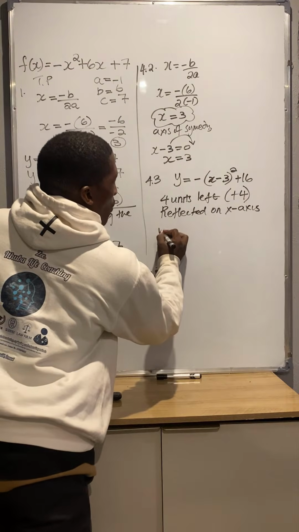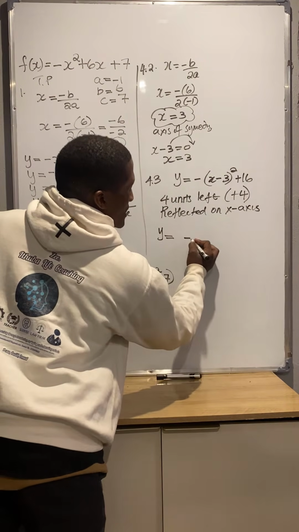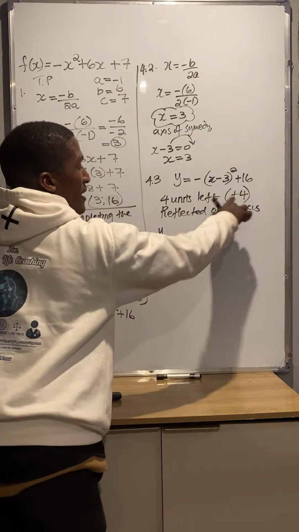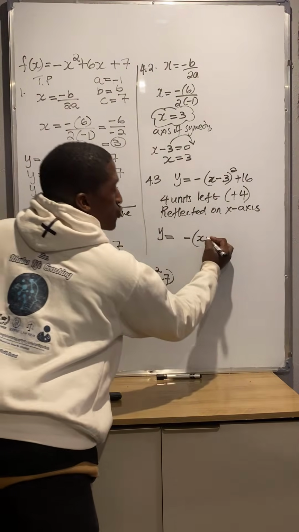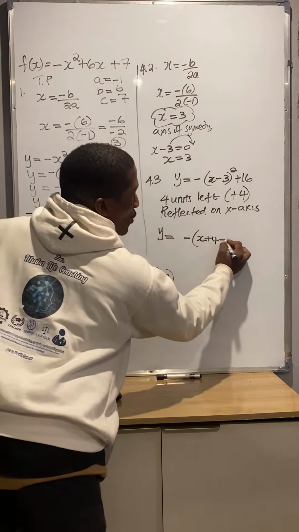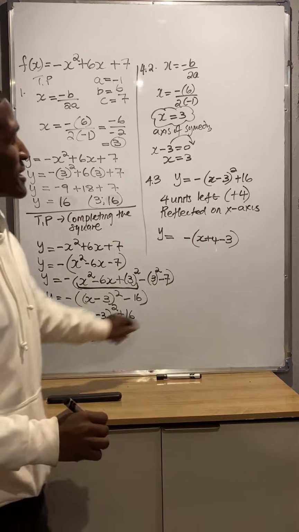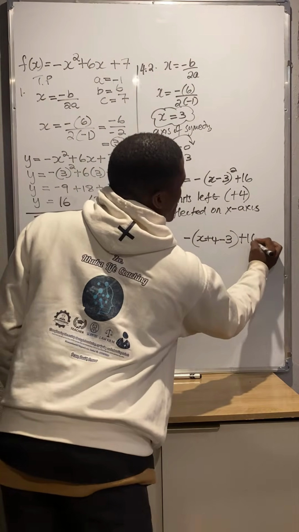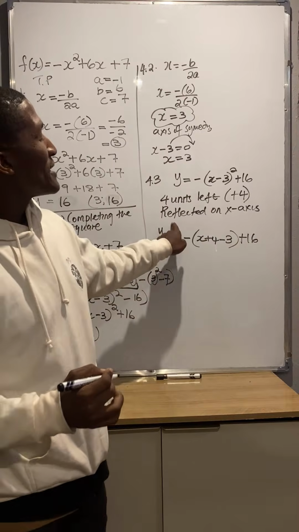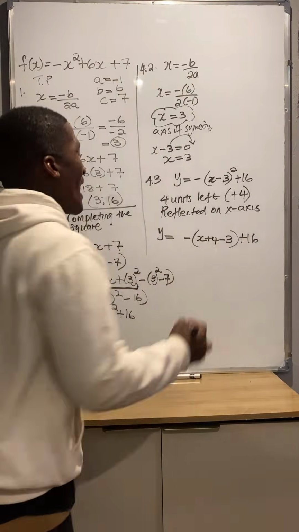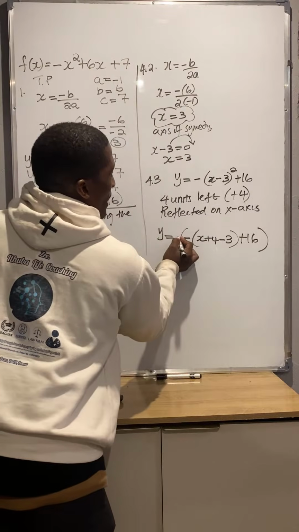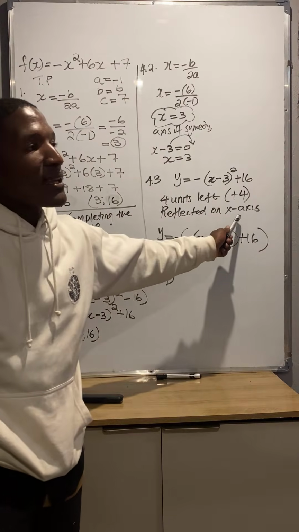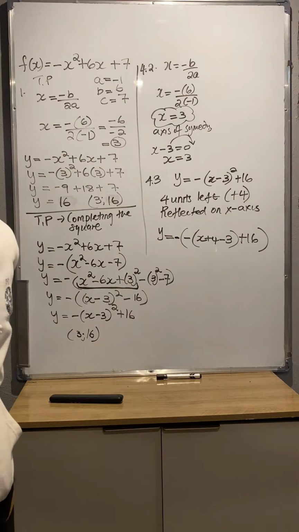So it's going to be y is equal to negative open bracket x plus 4, because it's to the left I'm going to add 4, but there was already minus 3, so guys I'm going to add x plus 4, then plus 16, family. But because they take a reflection on the x-axis I am going to multiply everything by negative 1. Guys I repeat again, if you reflect something on the x-axis you multiply everything by